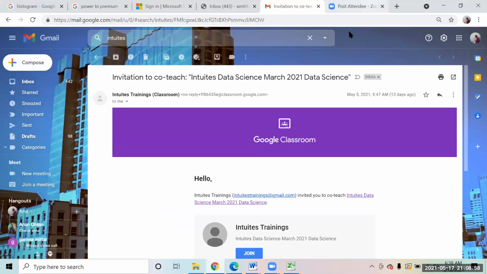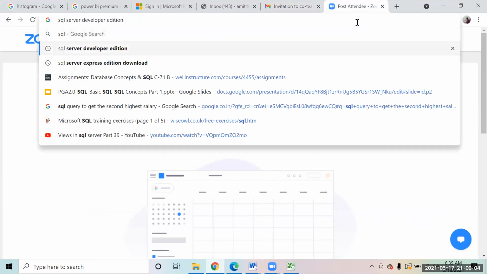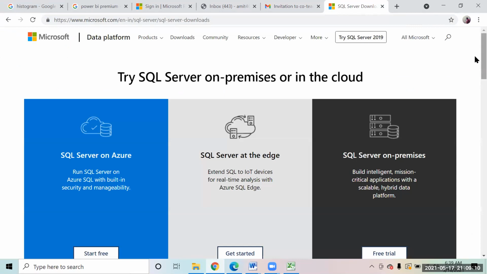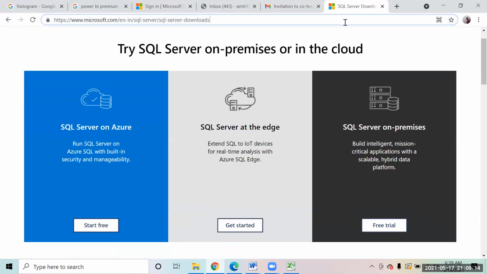Tomorrow, just a quick heads up so that you all are prepared, we will be starting with SQL. So I'm sharing some links with you from where you have to install some stuff. It would be great if you can keep this installed before coming to the session, because this is a time-taking process. So I'm sharing this link over here.